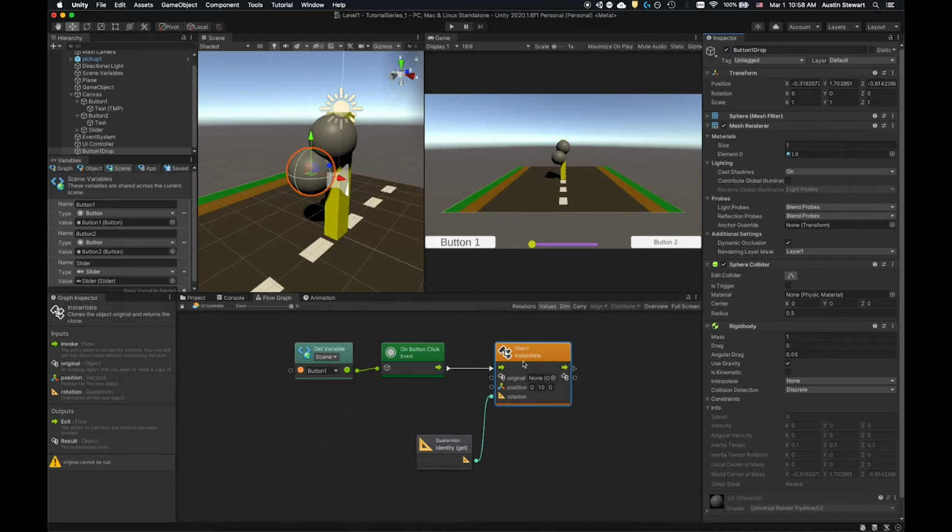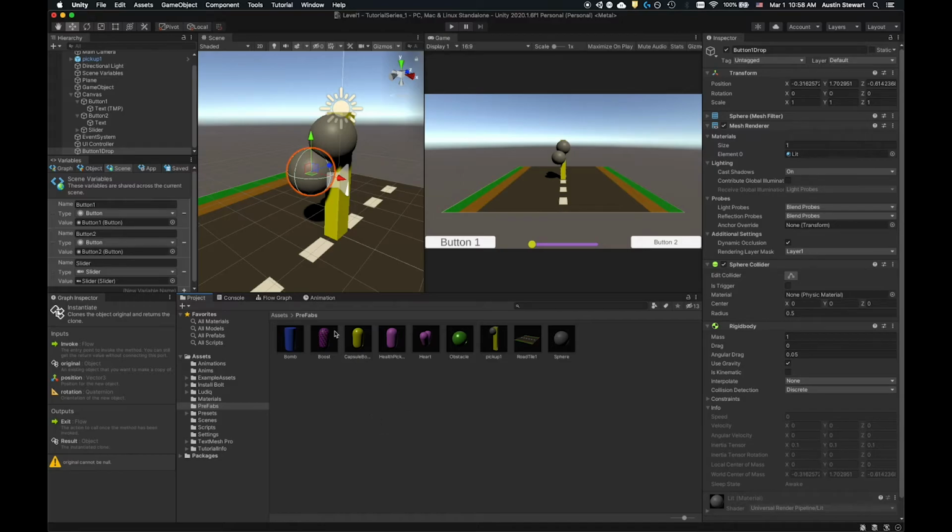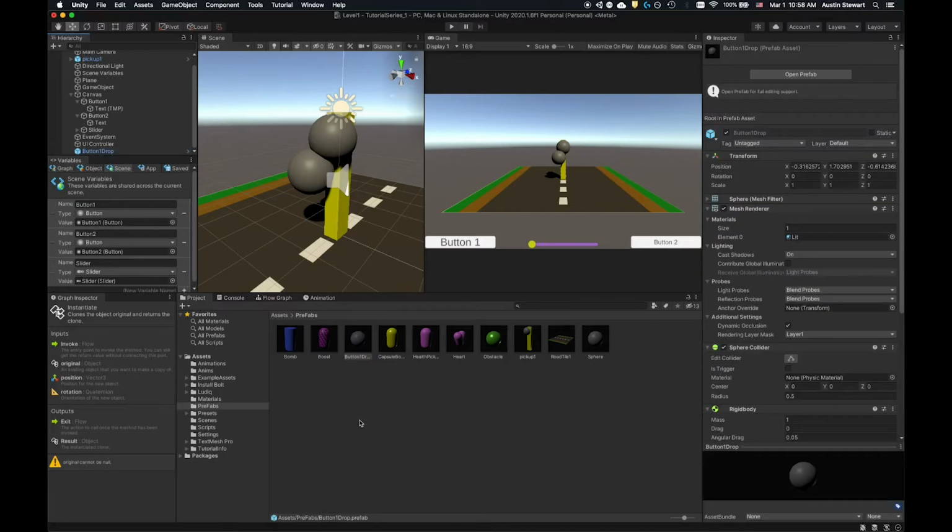And I just want it to instantiate 10 units up. So I'm going to go to my project. I actually have my prefabs folder open right now, so just go to your prefabs and then just drag this button 1 drop in here. You could apply a material to it if you want to. It doesn't really matter. But so now I've got this button 1 drop